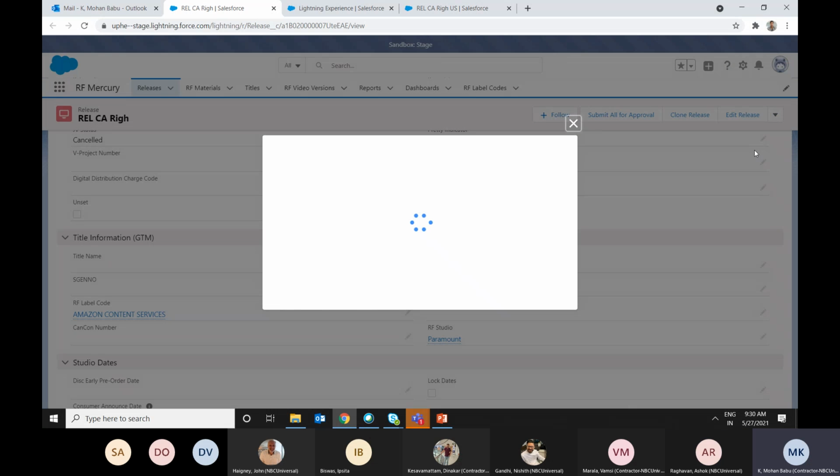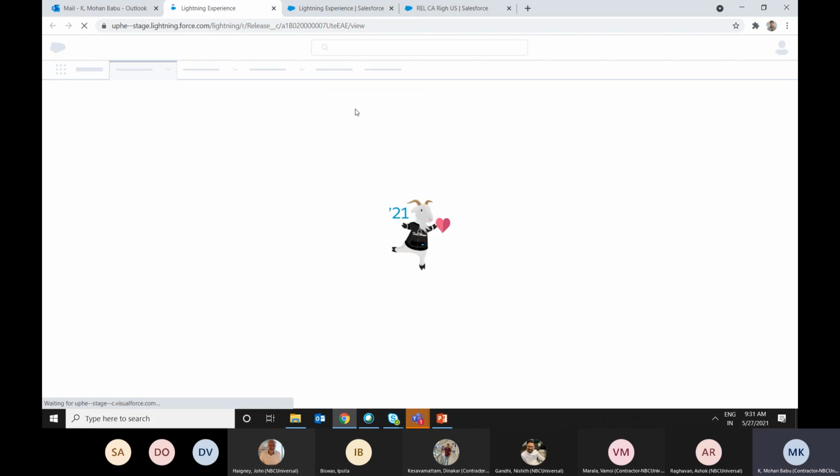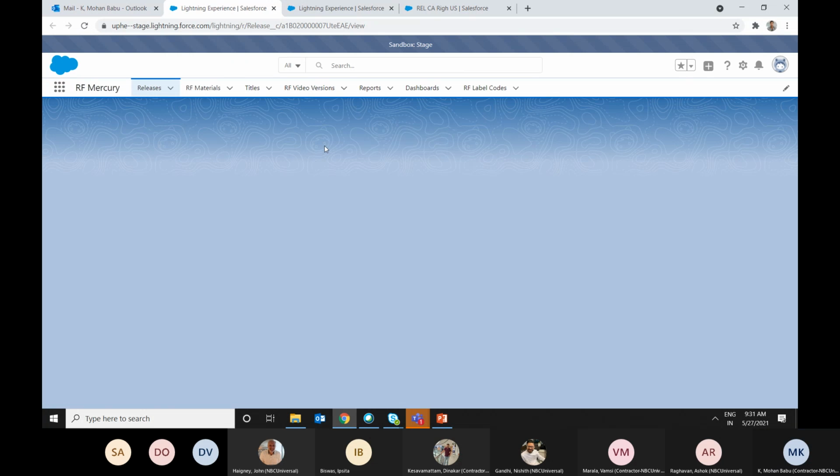See, for draft, we have the requirement to delete this release. So when the release is draft, if you are canceling the release, then the release will get cancelled. When it is requested, live, or changes pending, at that moment if you are canceling, the status will move to cancellation pending, and they will approve, and finally it will get approved to cancel.